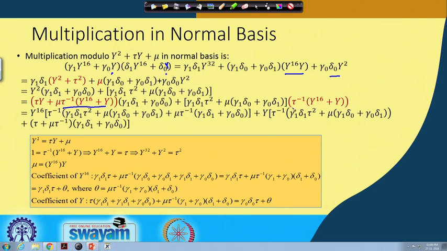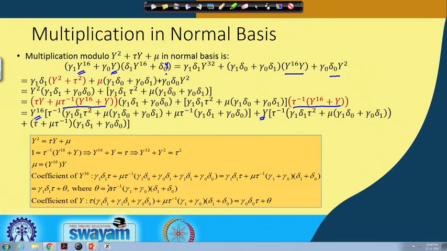So now you note that all the indeterminates that I have got involve only y and y power of 16, and therefore that is my basis. Okay. So now if I just expand this, then I get terms which involve y power of 16 and y, and therefore I have rewritten my result back in my normal basis. Okay. I started with my basis y power of 16 and y, and I have got the product also expressed in the same basis. So these are my two parts. That means this is my first part, and this is my lower part. And therefore the corresponding results stand for the two components of my result.